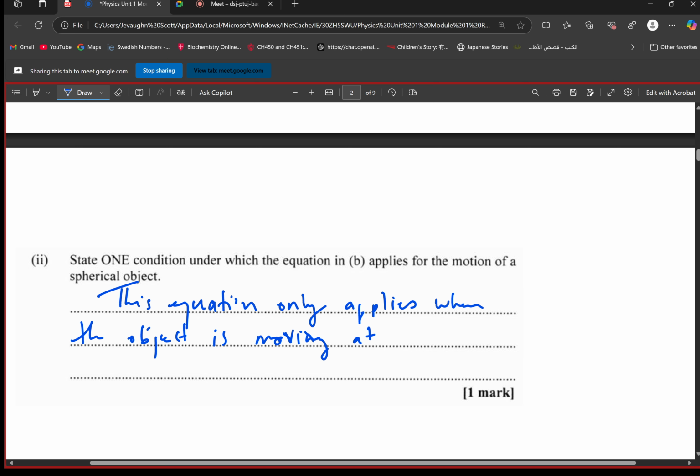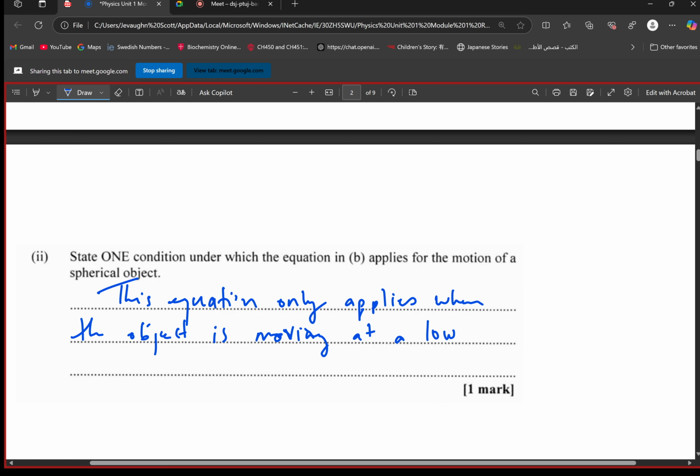Yeah, it will. I mean, okay, so yes, it's only applicable when the object is moving in a fluid, but when it's moving specifically at a low velocity in that fluid. There is something called Reynolds number, but I don't think we look at it in CAPE. But when the velocity is low, technically Reynolds number is low, ensuring